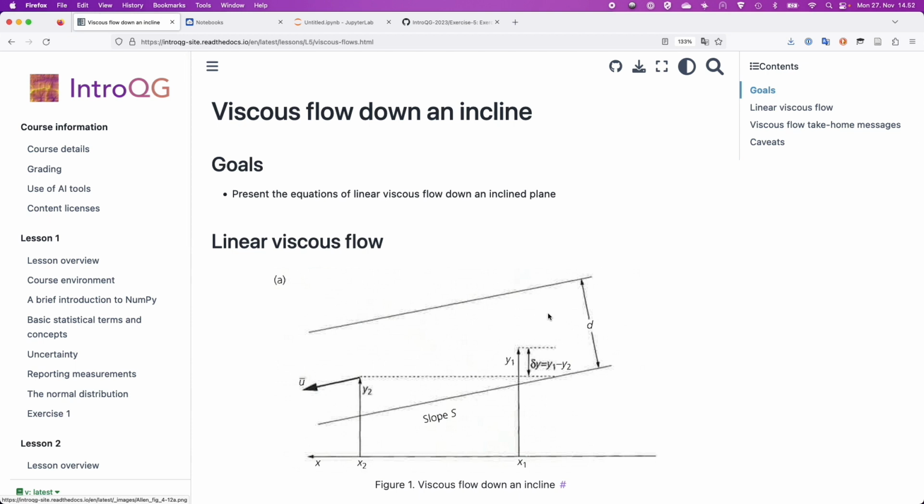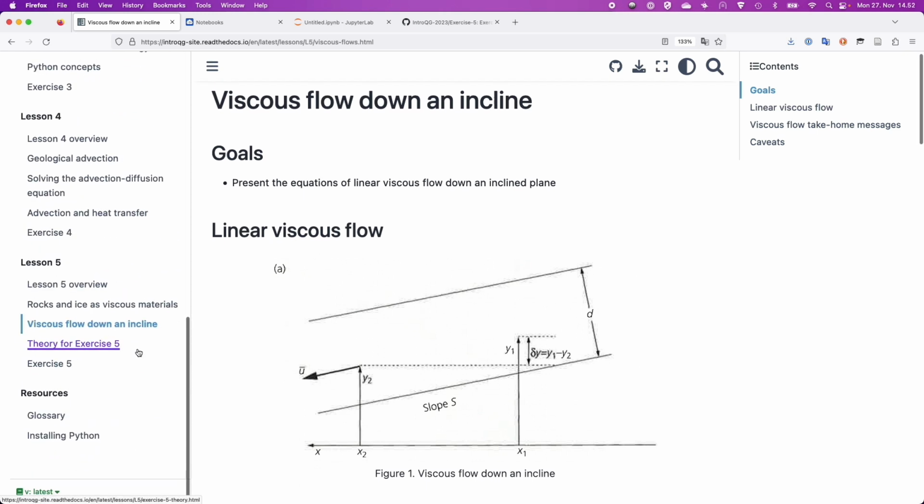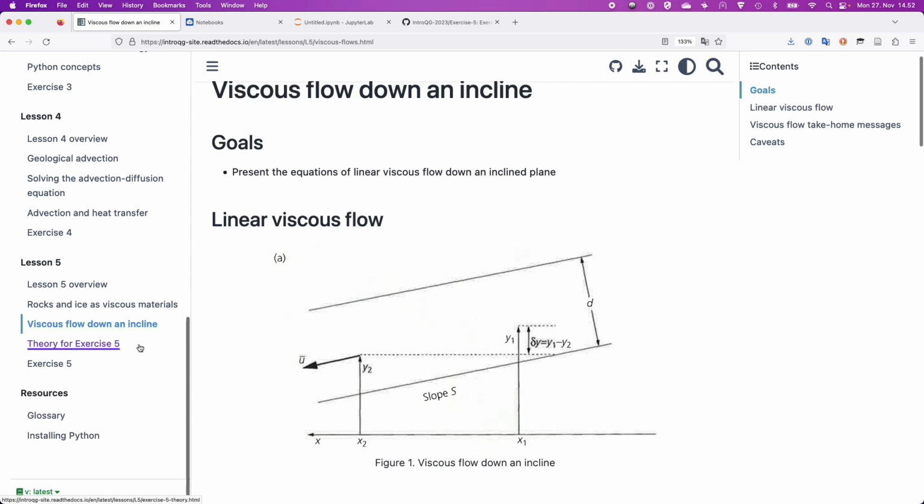So just to set things up a little bit for the exercise for this week, there are 2 web pages of stuff about viscous flow and theory that could be useful for this week's exercise. The first one about viscous flow down an incline is kind of an optional thing. All the equations you would need would be in the theory for exercise 5 part, but this kind of goes